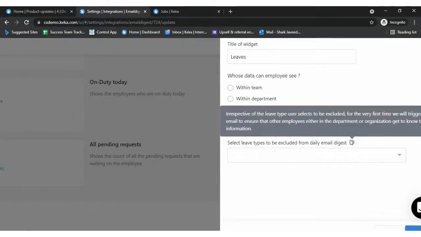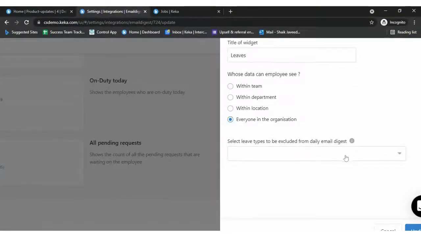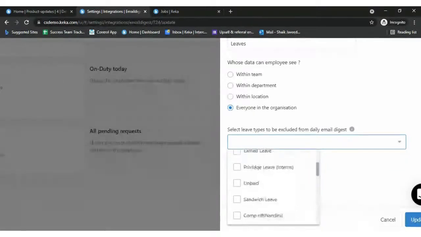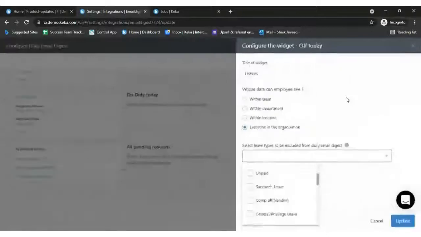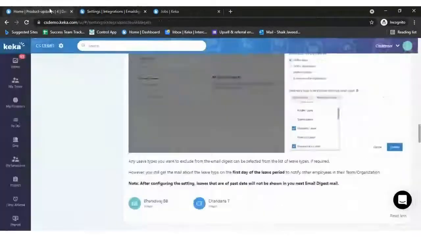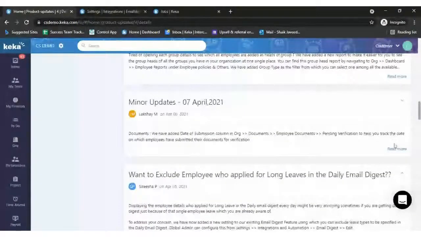If you don't want certain leave types to be included in the daily email digest, you can just select that leave type. You can manage it that way. So that's about the daily email digest configuration. And coming to the minor updates.